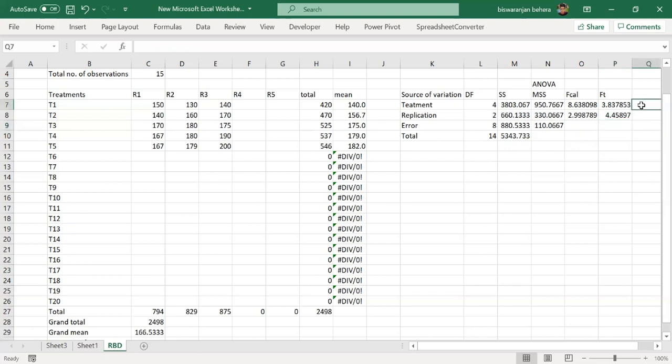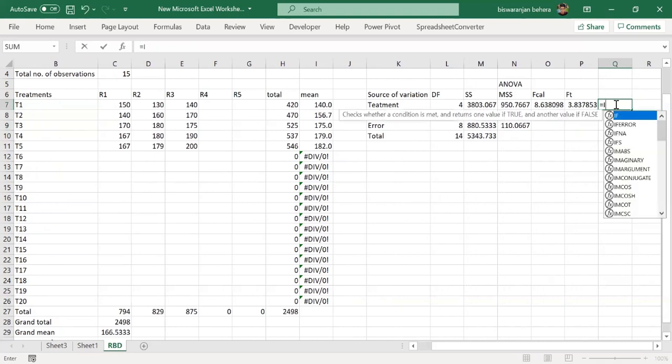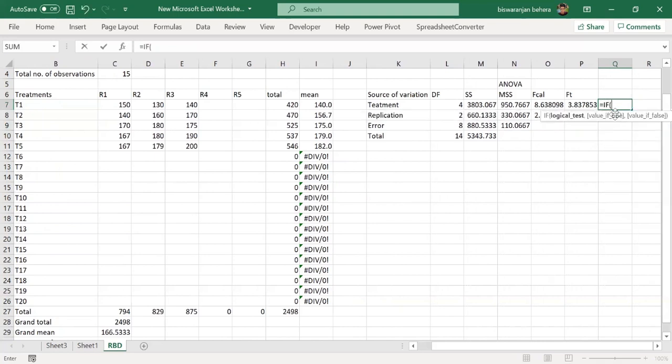Then we have to set the condition, under which condition significant will be there and under which condition non-significant will be there. So for conditional probability, give equal to sign and type IF, then give the bracket and select the F calculated value. If the F calculated value is more than the F tabulated value, then comma and write S, it means it is significant, and then comma, and if it is not true then it should be NS, that is non-significant, and then press enter.